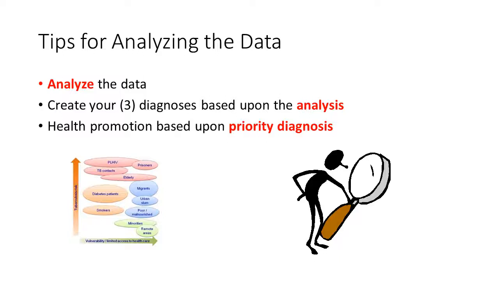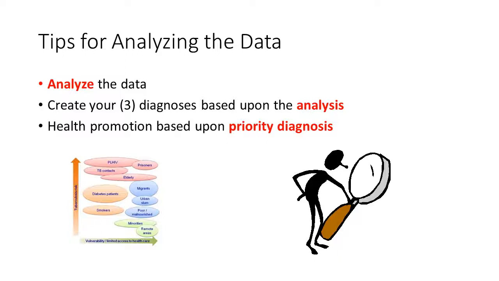You've assessed a community just like you would a patient or an individual, and now you're at the point where you ask, what are those diagnoses based upon your findings? And then you're going to come up with a health promotion activity based upon the priority diagnoses. So do review the assignment expectations, but it's pretty specific on how you write your diagnoses based upon the chapter